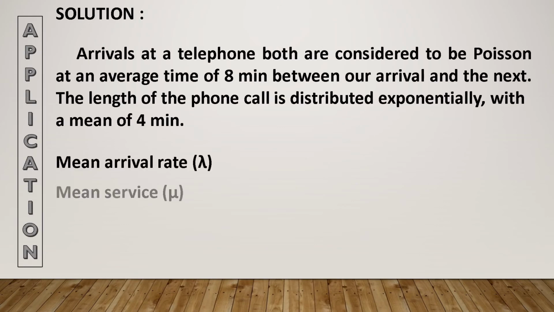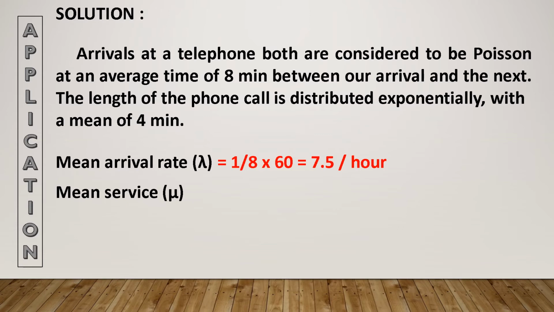So for the problem, prior to solving the questions from A to M, we first need to know the mean arrival rate and the mean service rate. So now, what is our mean arrival rate and mean service rate? Our mean arrival rate is equivalent to 7.5 per hour,